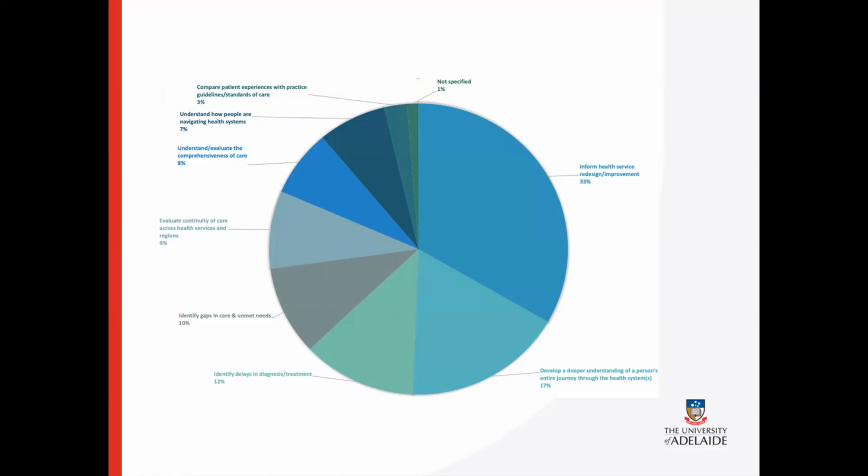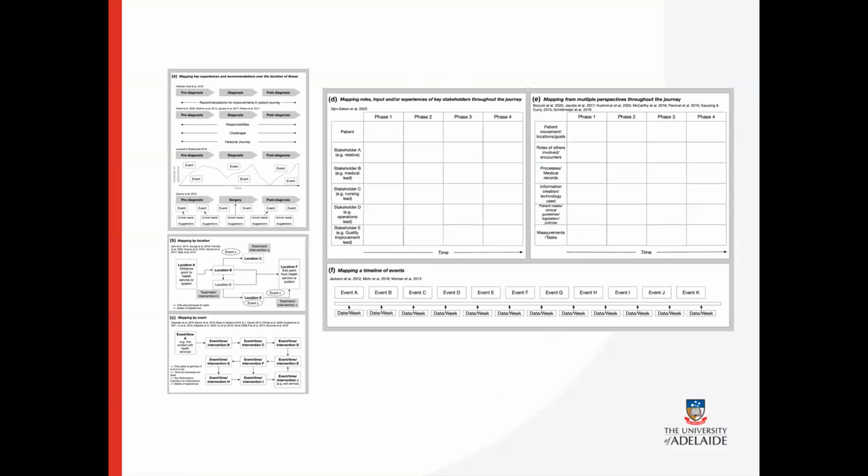So pie charts, for example, are great. This was in the patient journey mapping where my very talented colleague basically worked out each of the different ways you can map someone's journey and then developed these to be able to go, well, which way you're actually mapping it, and a visual of that. So that becomes a very useful tool to anyone that is now going to undertake patient journey mapping.